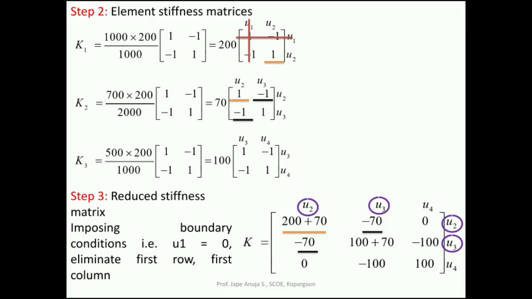Now this middle one, where it is written 100 plus 70. How does it come? That is related to the combination U3, U3. So find that combination from step number 2, U3, U3. Here it appears in K2 and K3. So you need to see where such a combination exists: K1 element also, K2 also and K3 also. And then if more than one element is present, do the algebraic sum of those and write it down in the reduced stiffness matrix. So in K2, U3, U3 appears as plus 70, and in K3 this 100 into 1, U3, U3. Therefore it is written as 100 plus 70.